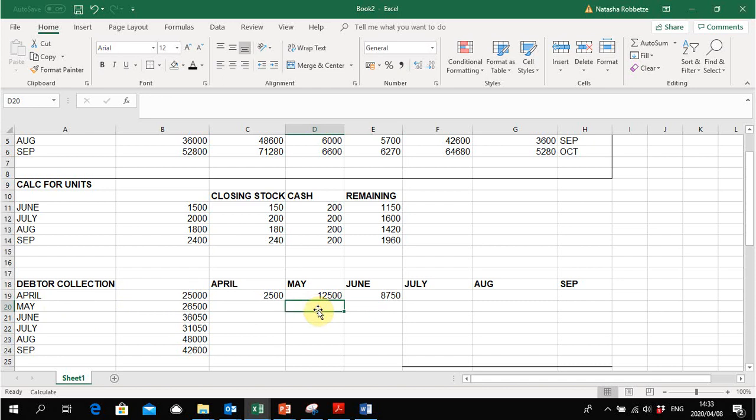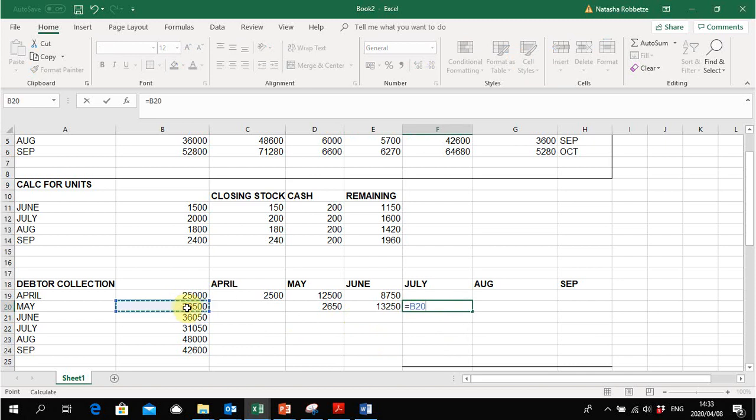Then for May, we will again have 10%, half of it in June, in July 35%. Then in June, we will have, of course, 10% in the same month, half in the next month, and 35%